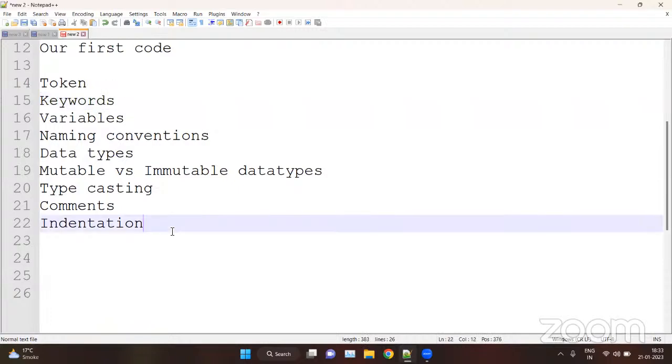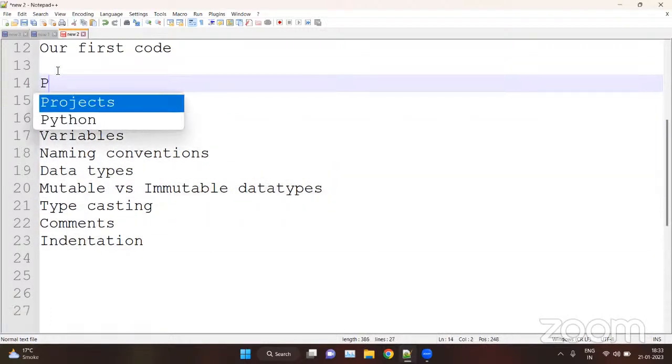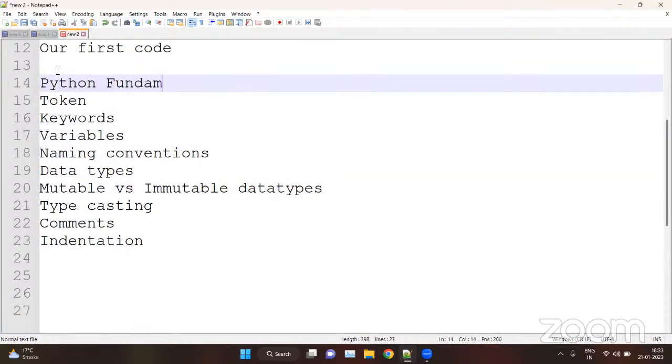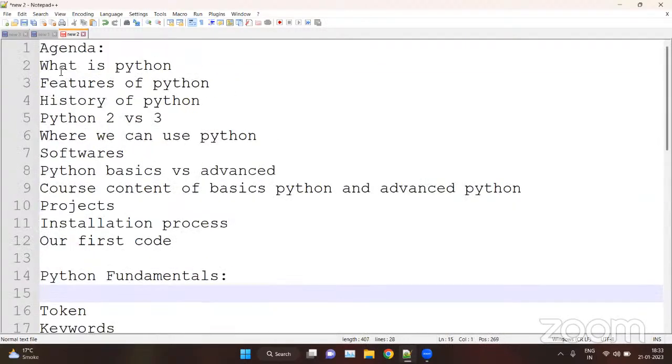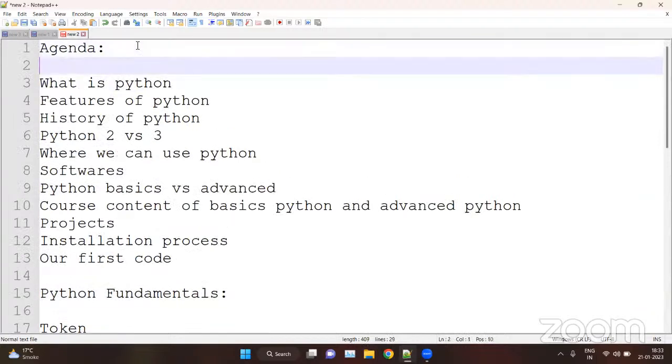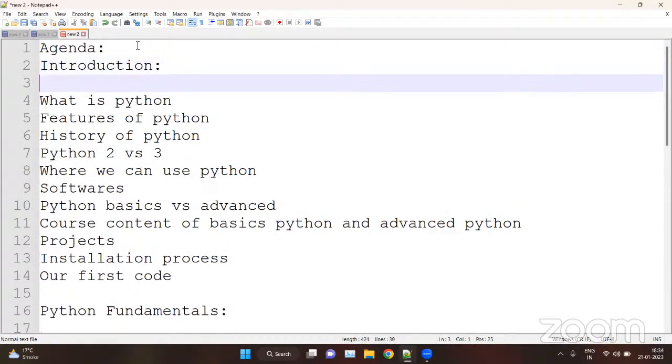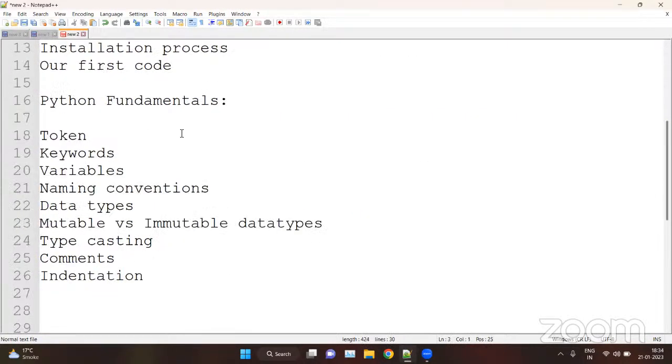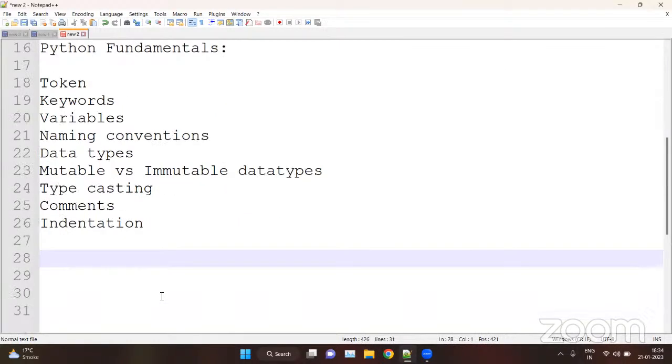So these are the Python fundamentals. First we will discuss the introduction. Second, we will discuss Python fundamentals. Then we will discuss